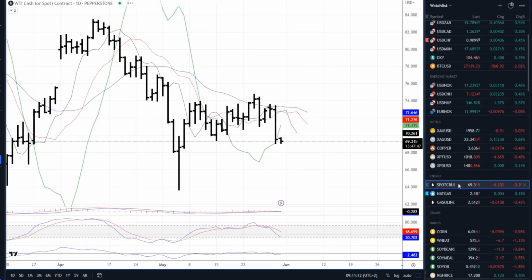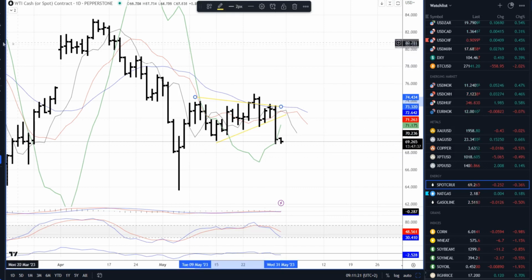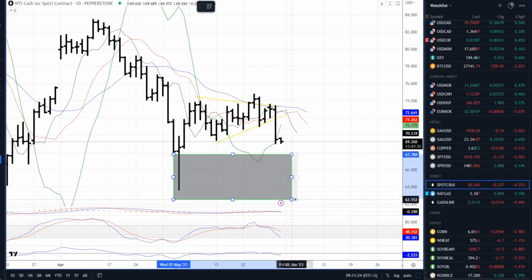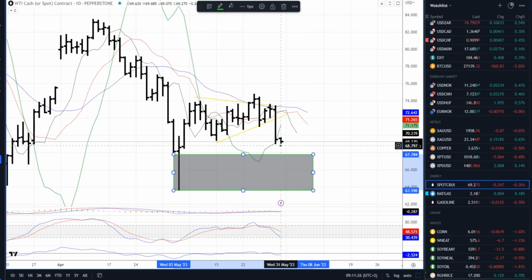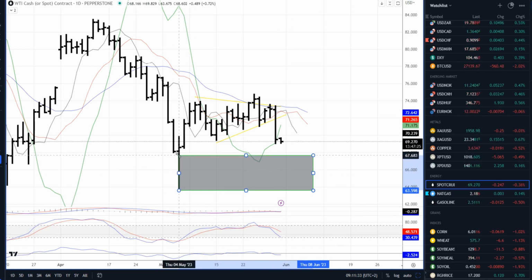Now, speaking of the crude oil, we spoke about this range, and as alerted, there was a chance for the market to go and test the pin bar territory, which the market is probably trying to do. We had a down day breakout of this range, so the potential for lower prices is definitely there. The area around 67 towards the 63.50 mark is the pin bar territory from this reversal, basically the reversal upthrust day from May 4th.